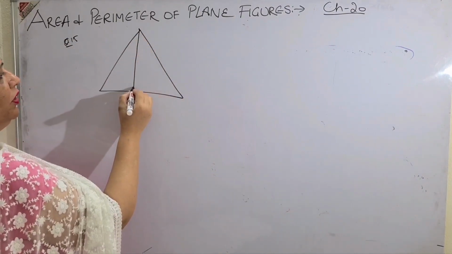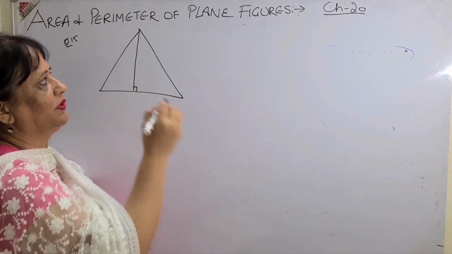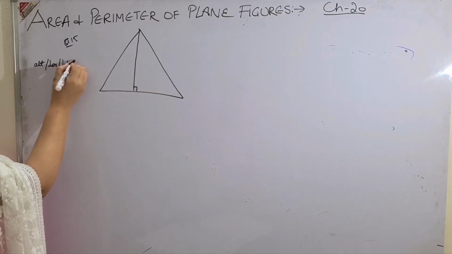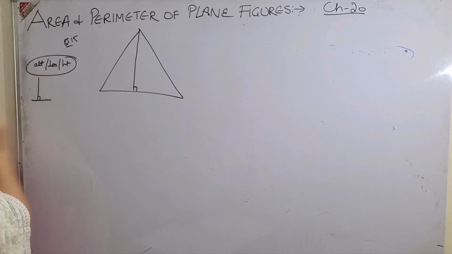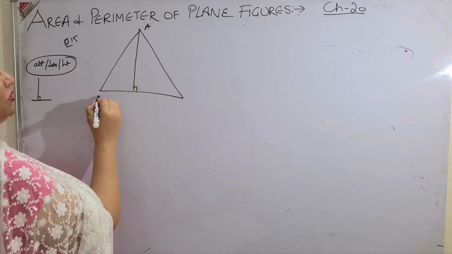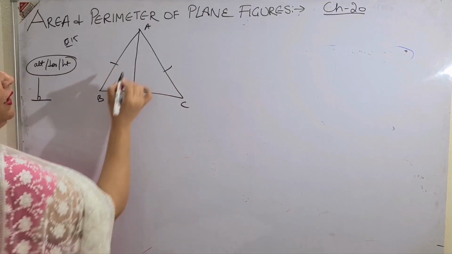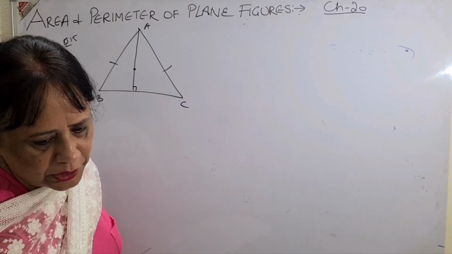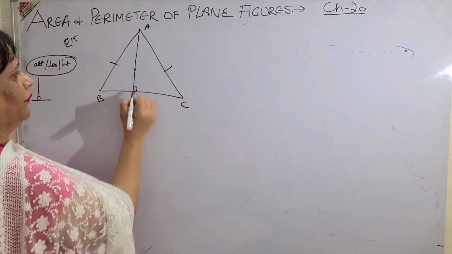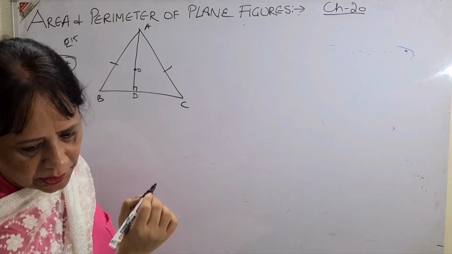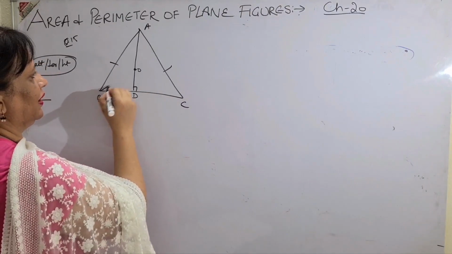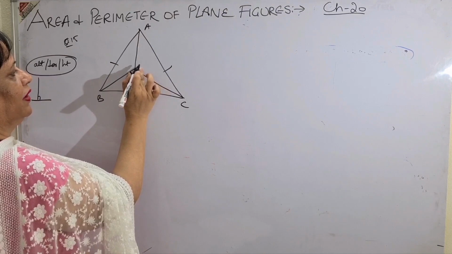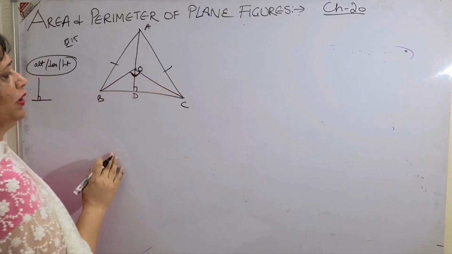Altitude means 90 degree. Altitude, perpendicular, height means the same thing. I am writing at the side altitude, ALT, perpendicular or height means one and the same thing. A line which is making an angle of 90 degree to explain. So ABC is an isosceles triangle in which AB is equal to AC, and there is a point D on BC, and point O is marked on AD such that angle BOC is 90 degrees. So this angle BOC is, this is your figure. First of all, you read the language and make the figure nicely. Unless you will make the figure, you won't be able to do it.